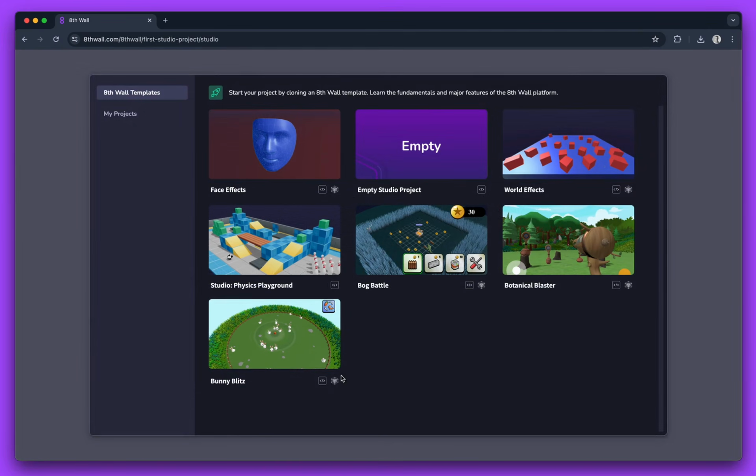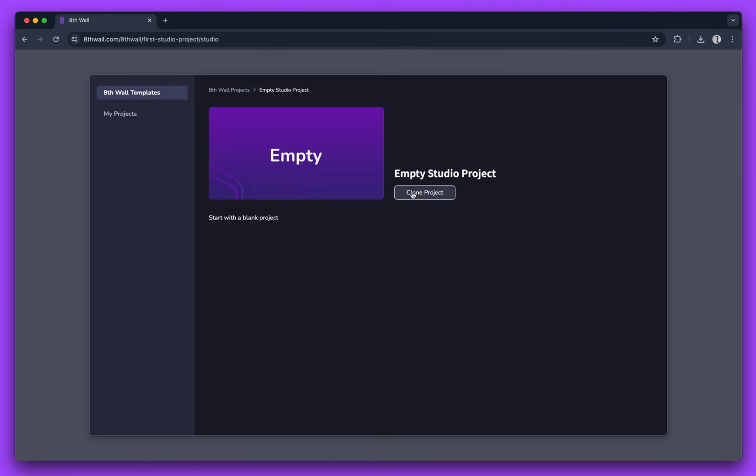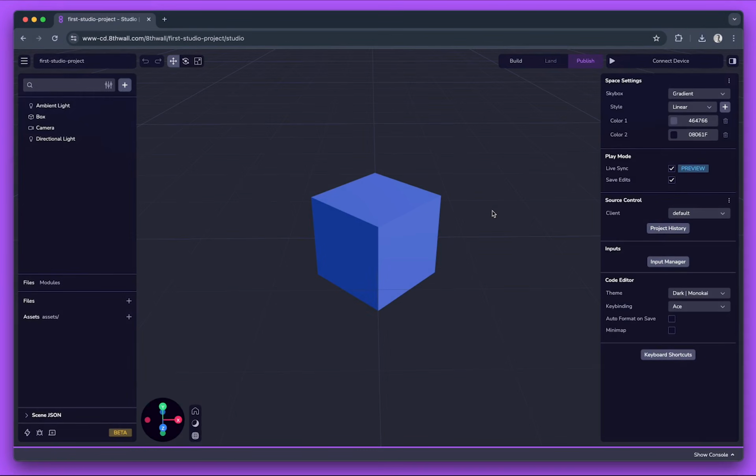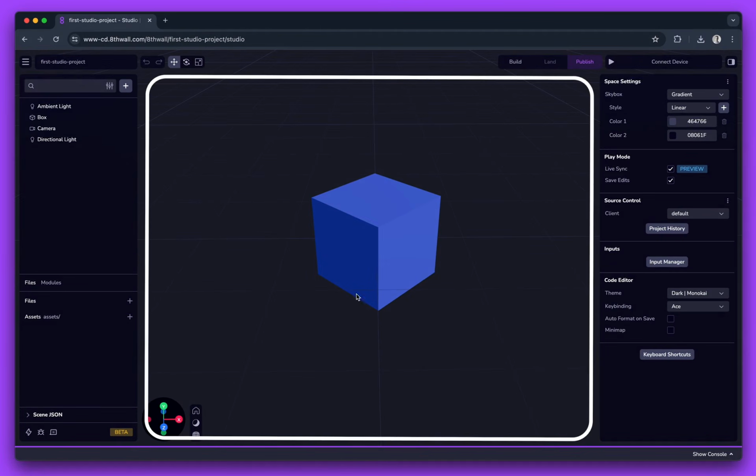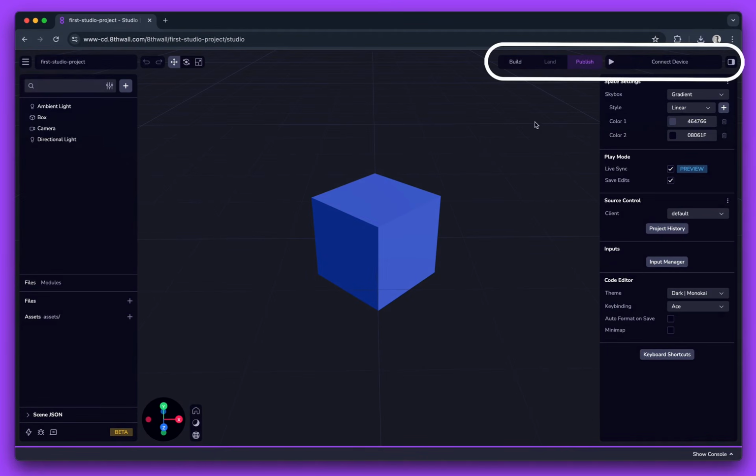You'll be taken to our quick start guide, showcasing off our current selection of studio projects. Let's choose empty project and clone it. You will then be introduced to Niantic Studio, our brand new visual editor and web gaming engine. Let's start with a quick overview. Here is the project hierarchy, assets, 3D viewport, the launch toolbar, including the simulator, which we'll explore later, and finally,